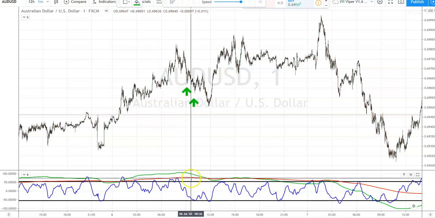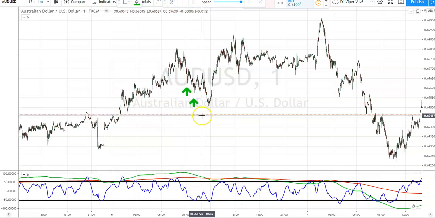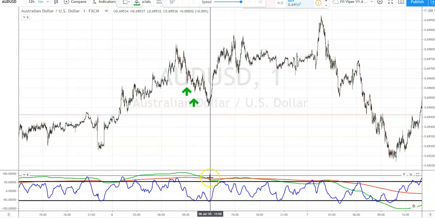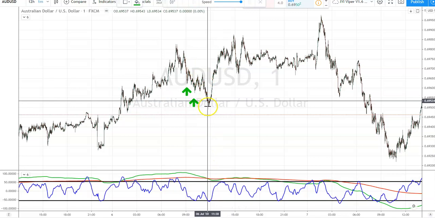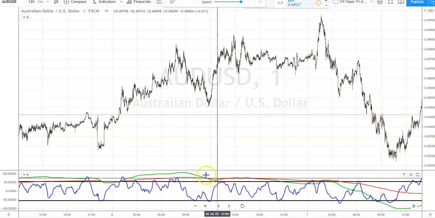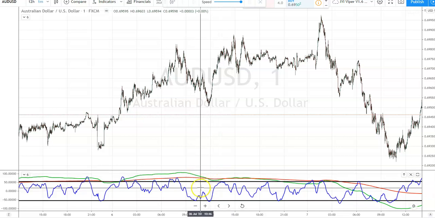This is telling me the green is coming to the red. That's telling me price is possibly reversing. And you can see what happens here. We're in overbought territory in any case. Okay, so the oscillator's come down to the bottom. Now, this spike up here, so we're expecting price to continue lower, and this is why I want to show